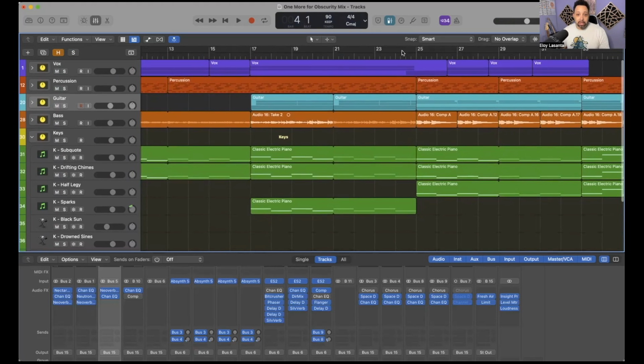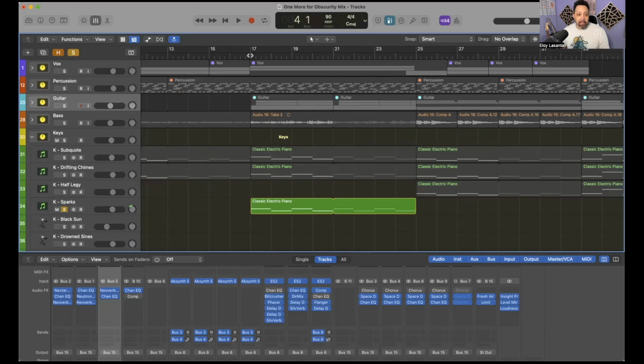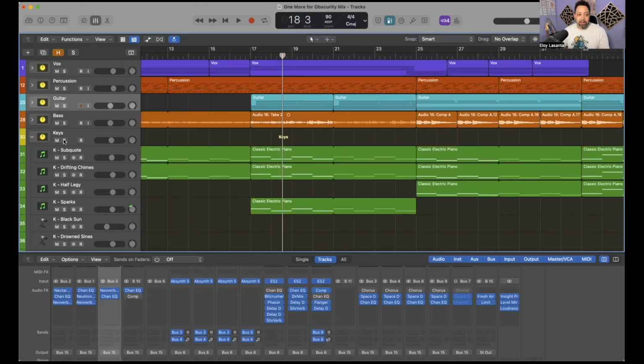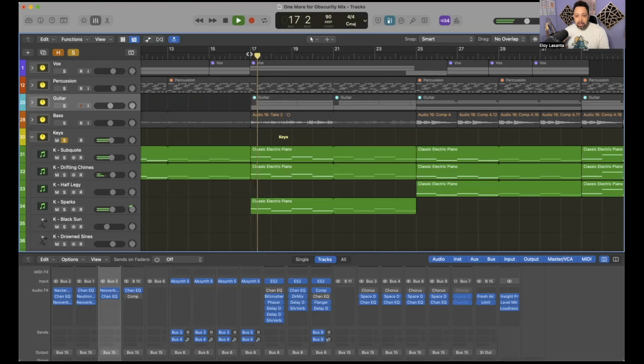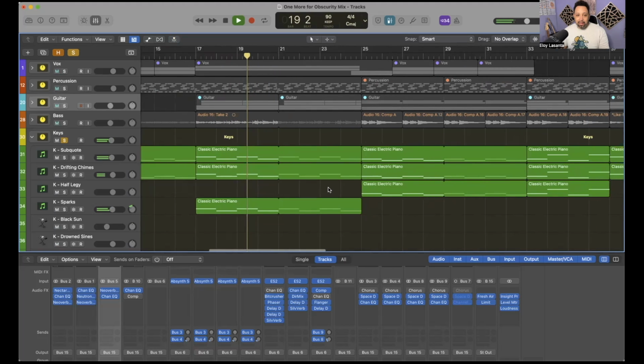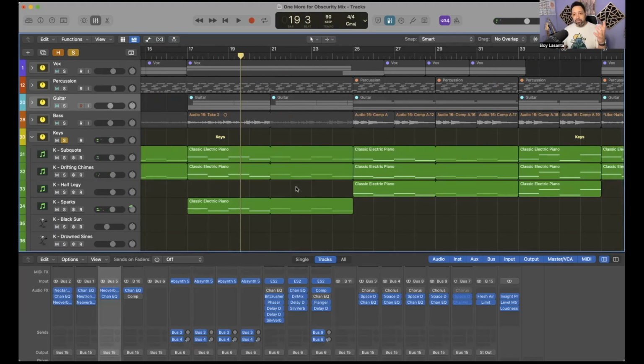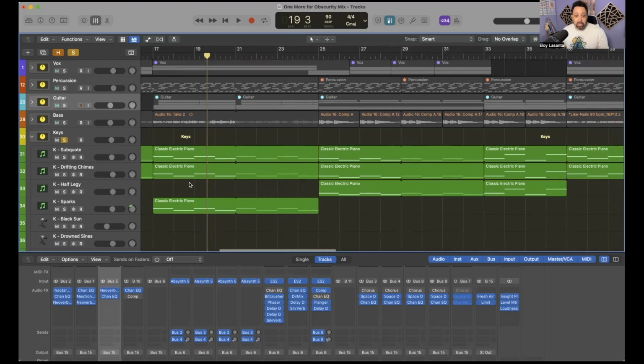You'll notice during the pre-chorus section here that I add in a little thing called sparks, just on the left side. It's just ever so subtle, and it's not even that loud, but you just kind of hear it over here. All it does is make it so that you're hearing a little bit of extra something during this section. And again, underneath the guitar and the bass and all that stuff, it's almost not noticeable, but there's a term in music called ear candy, and you want those things to be there.